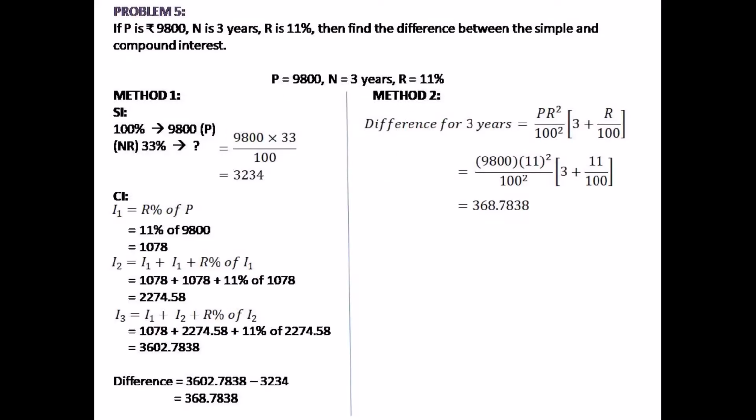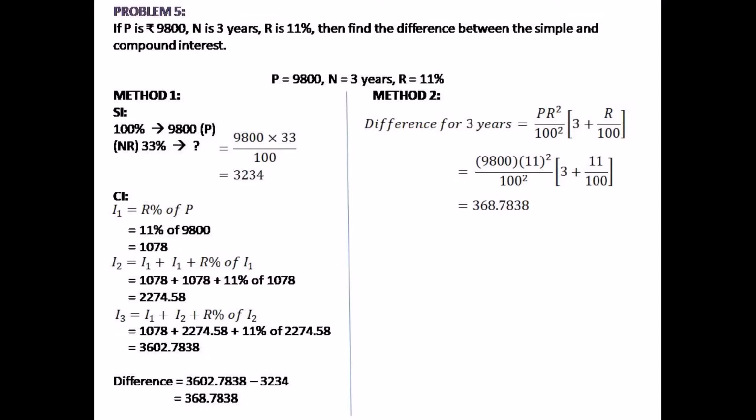If P is rupees 9800, N is 3 years, R is 11%, then find the difference between the simple and compound interest. Given P equals 9800, N equals 3 years, R equals 11%. In method 1, let's first find the simple interest. If 100% gives 9800, then 33% gives what? On cross multiplying both sides, we get 9800 into 33 divided by 100,